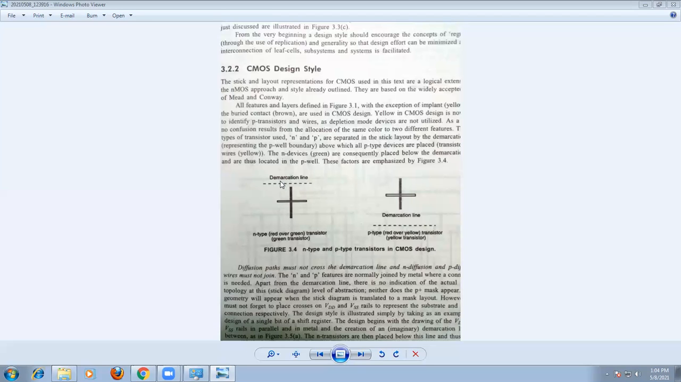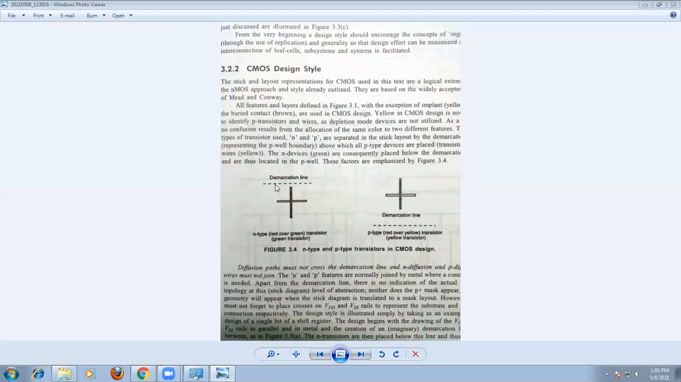Only polysilicon and metal will cross the demarcation line. Okay, that is the thing. Only metal and polysilicon will cross the demarcation line. So by using these rules, we are going to construct a stick diagram in the